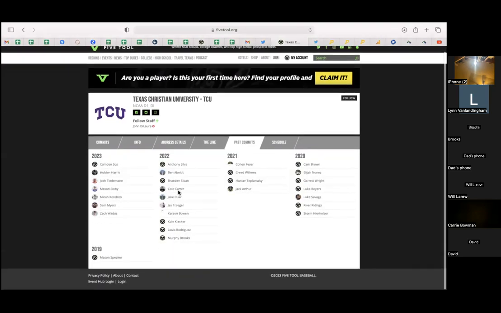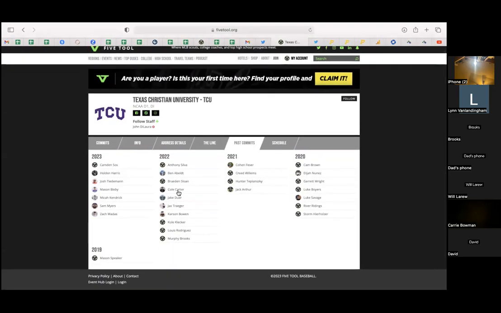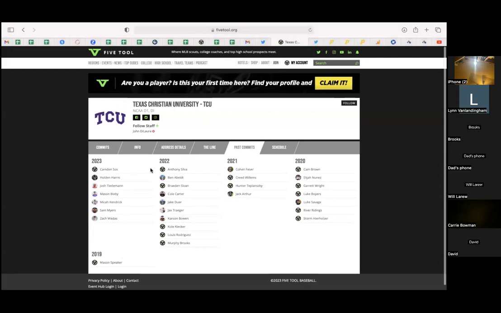And then this database of past commits will continue to grow over time. Most of their current roster that we had in our system at least will be on here already, but you see we already rolled the 2023s over, so we'll just continue to roll these over and just be kind of a fun little thing you can click and see highlights from these guys as they start performing really well in college baseball or in the professional ranks. You can still go to their profile and watch their highlights.